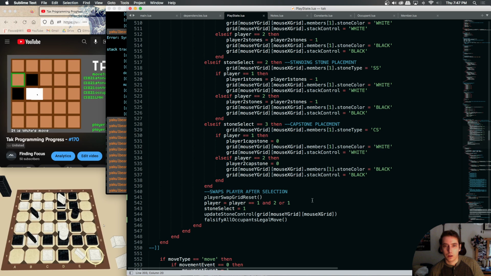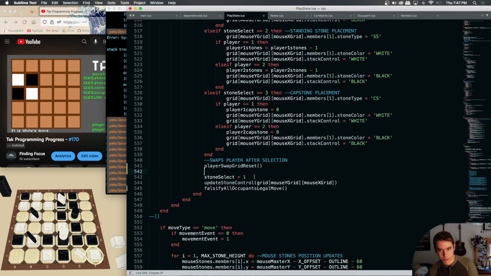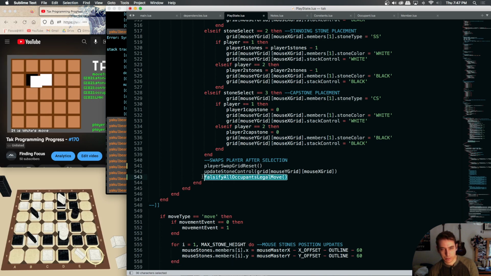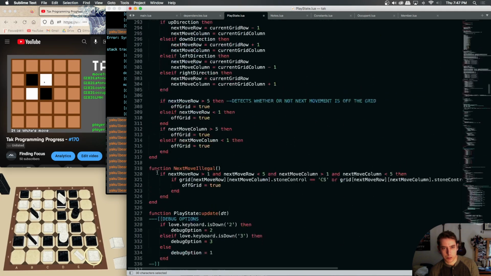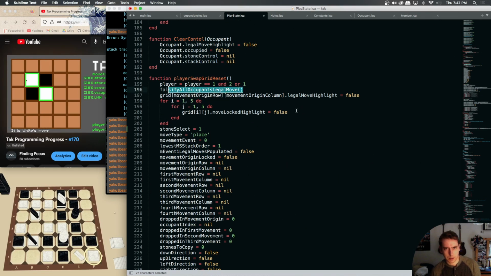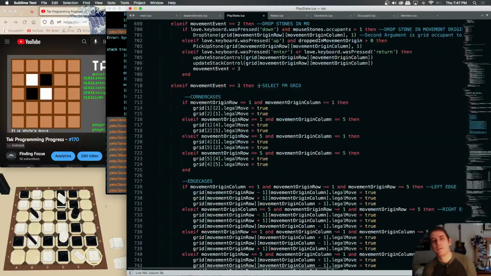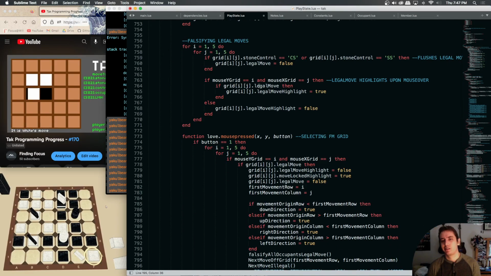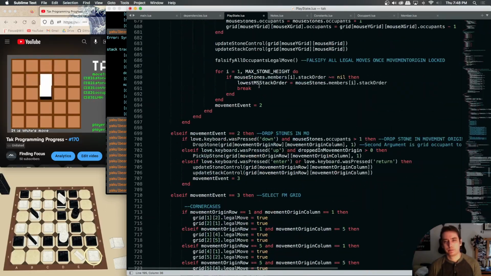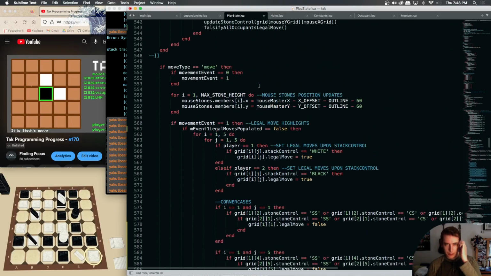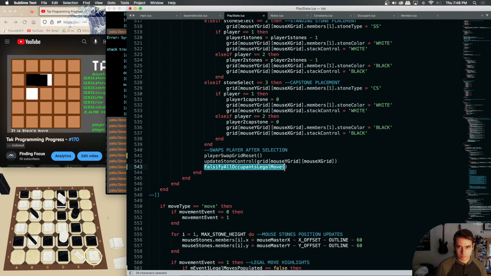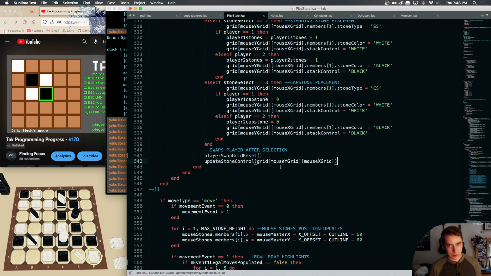So right here, we can take this off. We don't just swap our player anymore. We don't need to do this, but we do need to run our 2 functions. Actually, falsify all occupants legal move is inside our swap grid function. Okay, so we do have a function inside of a function. I don't know if that's good. Might be good to decouple those, but right now we'll take it out because it's in our player swap. Okay, now